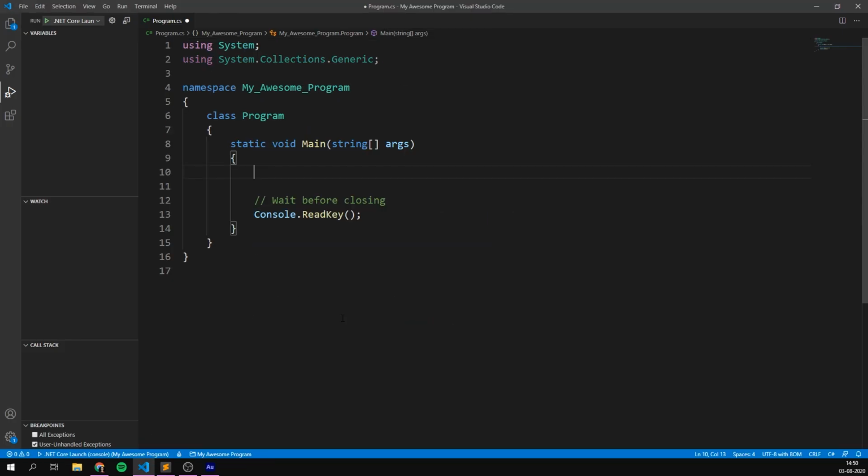Now, for this week's challenge, I want you to create a program that allows a teacher to input all the students in the class and have their names printed out alphabetically. You can decide for yourself if you want to use an array or a list. In my example, I've used an array. Let me just give you a quick demo.